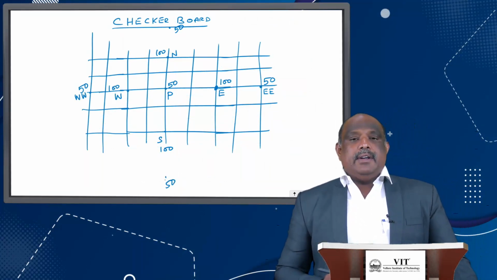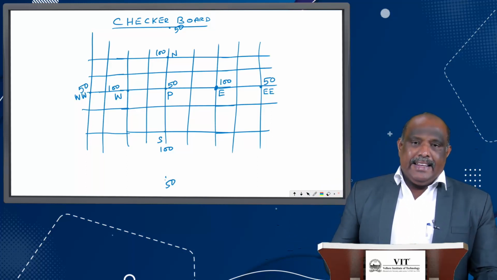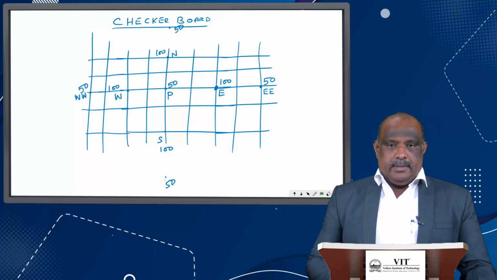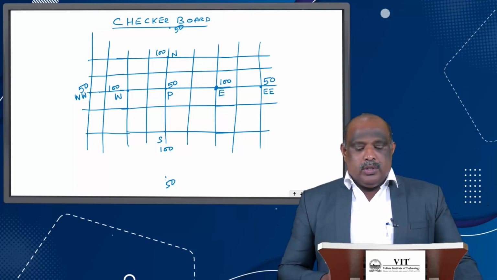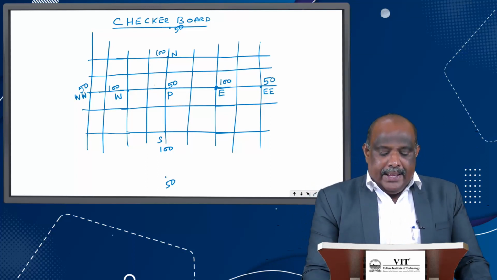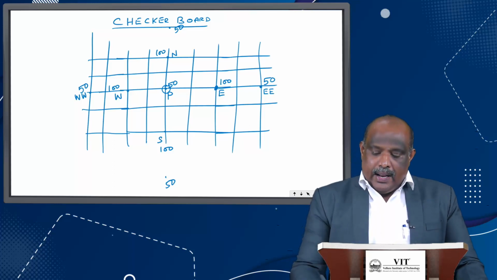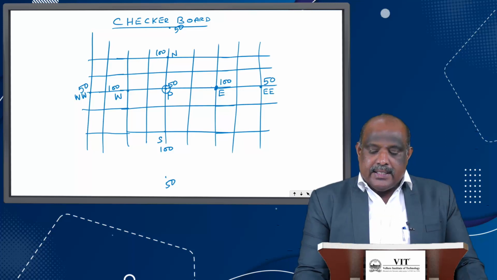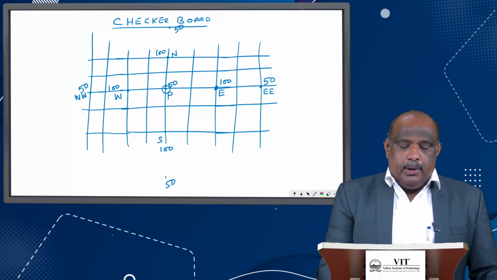So this type of arrangement of the values alternately appearing is called a checkerboard arrangement. Now let us say these values are nothing but the pressure values. So the value of the pressure is stored for the present node P at the cell center, namely 50. Similarly, the value of the pressure for the node E is stored as 100 in the cell center. Similarly, the value of the pressure at the node W is stored in the cell center